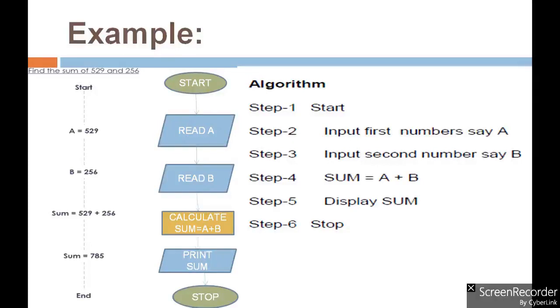Okay, the first step should be start. After completing the first step, only then will the second step be executed, that is, read the value of A. After that, the arrow goes from top to bottom. So the third step is read B. Then next, calculate A plus B, sum is equal to A plus B. And then the next step, print sum. And then the next step, stop. So this is the way we can draw the flowchart.